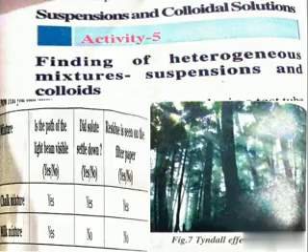Suspensions are heterogeneous mixtures. Colloids are also heterogeneous mixtures. The particles of a suspension can be seen with the naked eye, but in colloids the size of the particles is too small to be individually seen, so it is somewhat difficult to see with our naked eye. The particles of a suspension scatter a beam of light passing through it and make its path visible. Colloids are big enough to scatter the beam of light passing through them, which makes its path visible.